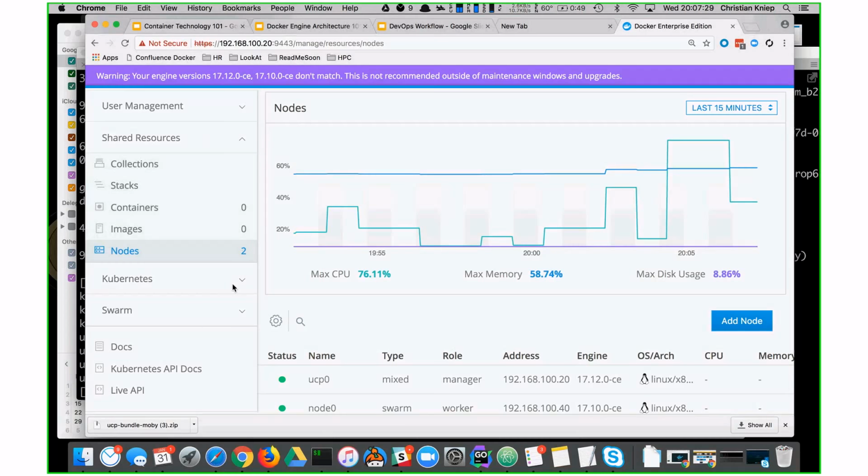There is an overhead of all the Kubernetes and Swarm containers running on the host, so you will have more containers on the host because you have this UCP, Swarm, and Kubernetes environment. But other than that, there's no real overhead, I think.